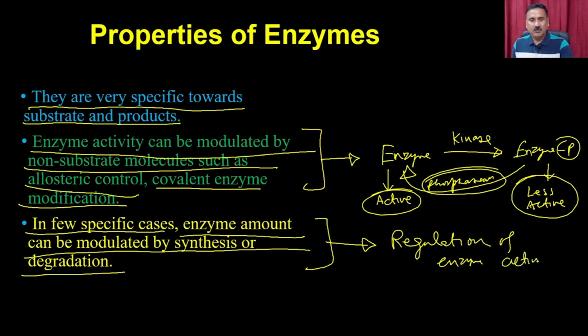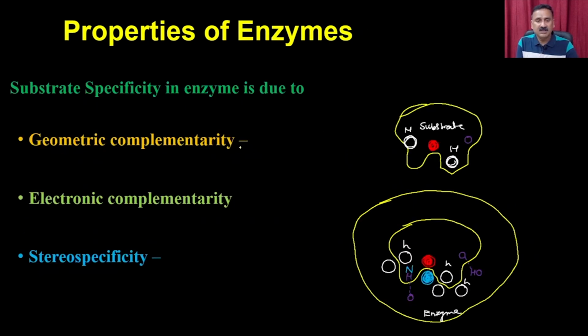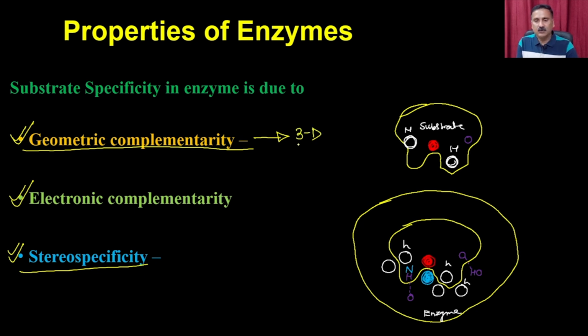Now let us talk about how the enzymes are very specific for the substrate. Enzyme specificity is always controlled by three processes. One is called the geometric complementarity, the second is called the electronic complementarity, and the third is called the stereospecificity. Geometric complementarity means that the enzyme is going to recognize a particular 3D conformation,